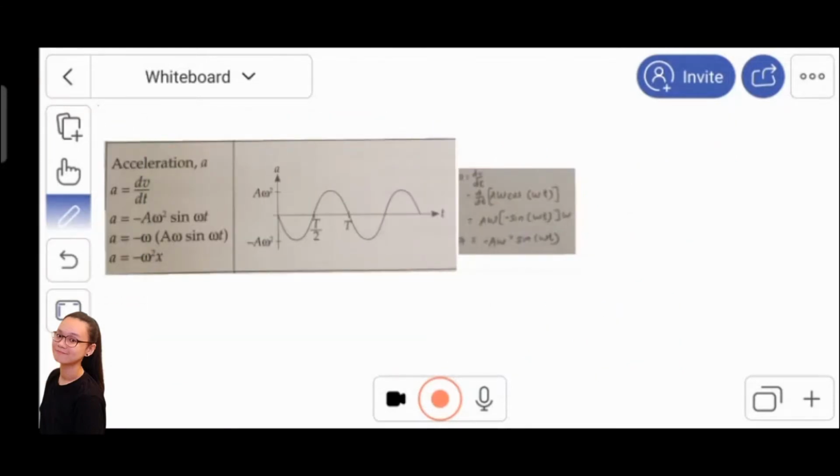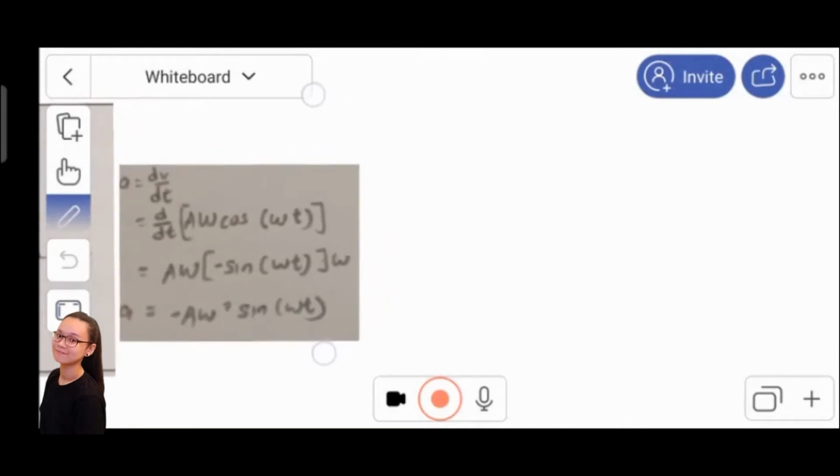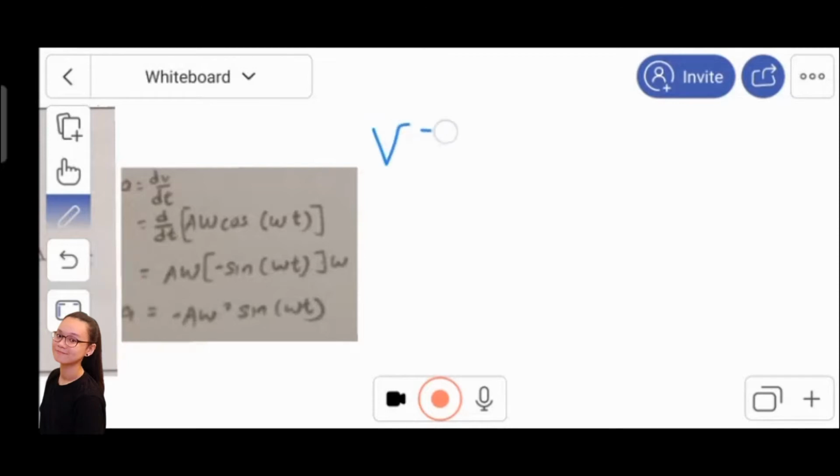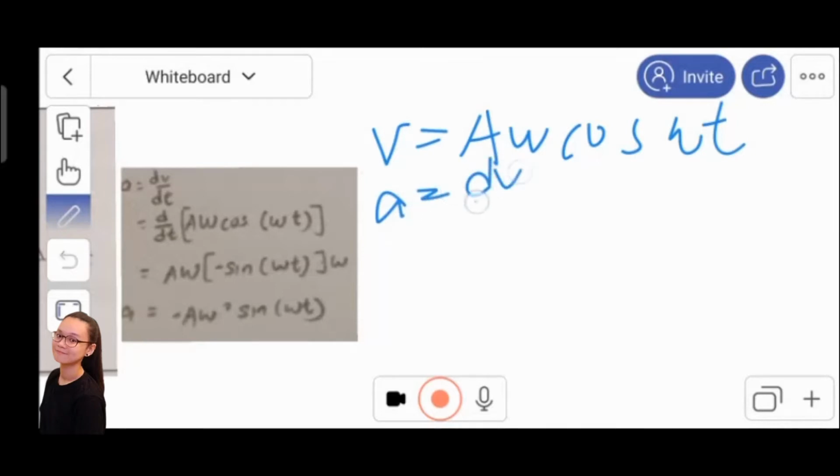Let's continue with the acceleration against time graph. We get the formula by differentiating the velocity. Let's see. We already have the formula of velocity as v equal to a omega cos omega t. Let's differentiate the velocity to get the formula of acceleration. So a equals dv/dt. We must differentiate the velocity in terms of t. So it's equal to